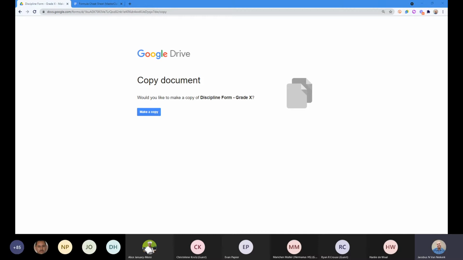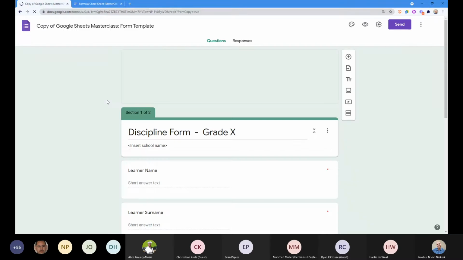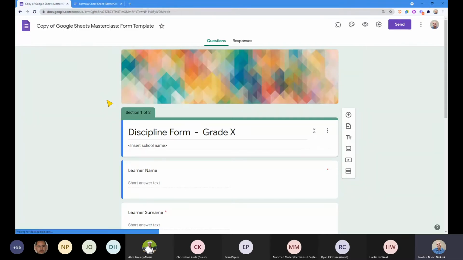Right, if you are ready to get going, some thumbs up. If you've made your copy, so you should click on this, make a copy. And there we go, there we have our copy.